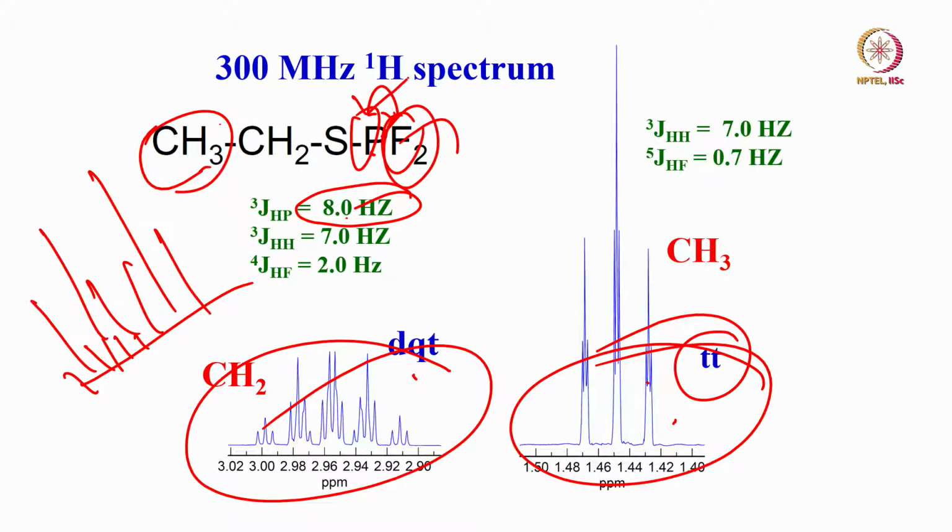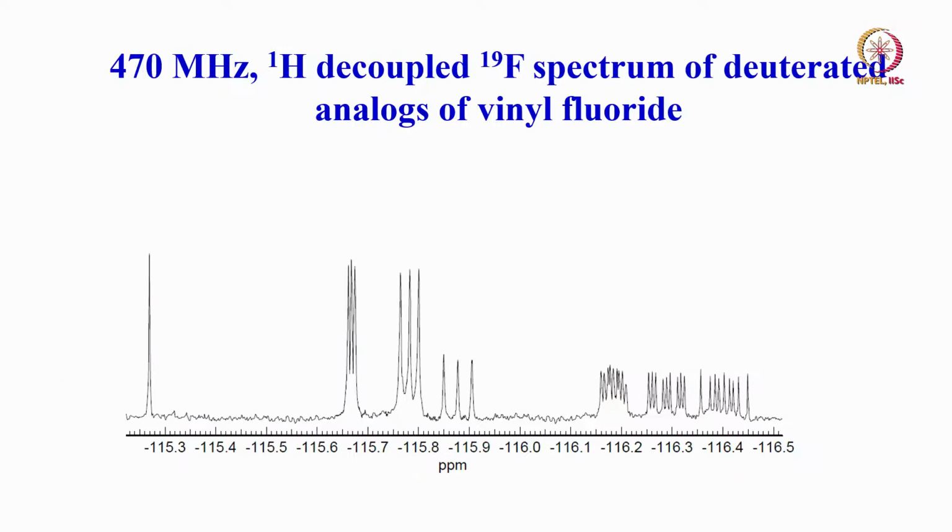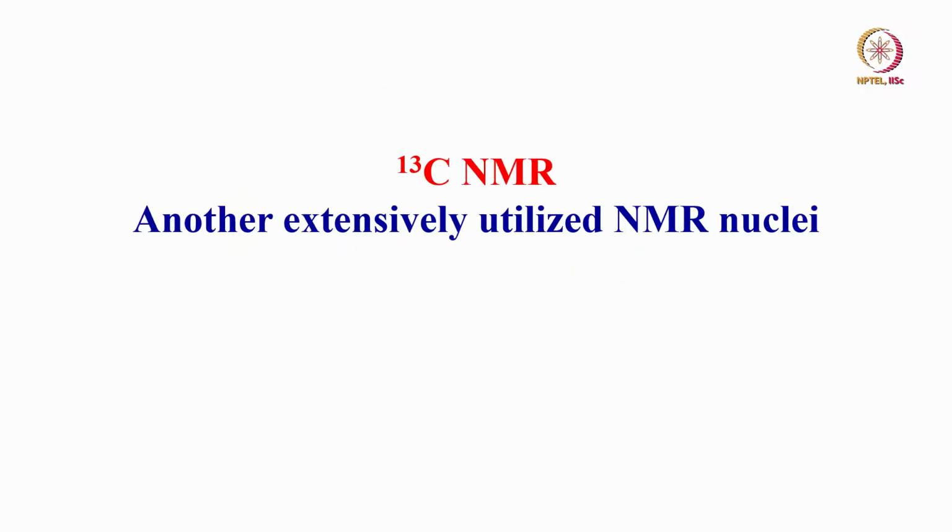Remember I explained to you, these are passive nuclei. Passive coupling is not going to be seen, we are observing proton. So this passive coupling between phosphorus and fluorine is not seen here. So you will get only proton coupling, active coupling with passive spins: proton to phosphorus, proton to fluorine, proton to proton you see, but not other couplings. So this is a very useful information. You can start analyzing this. So I don't think I will explain this.